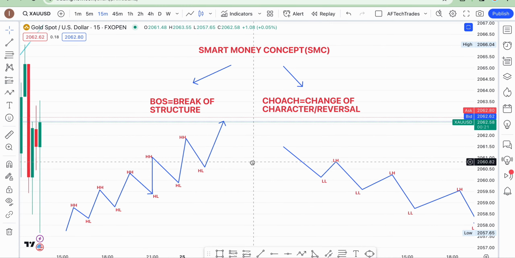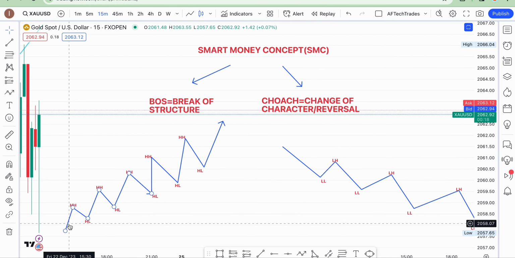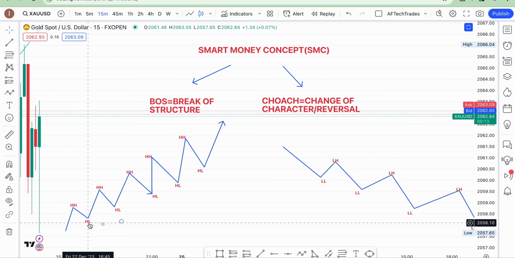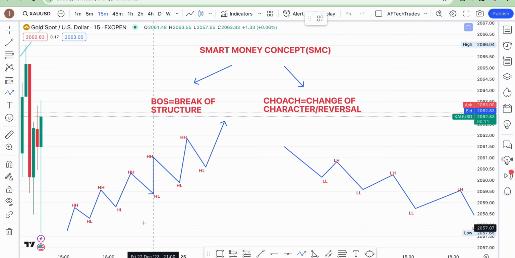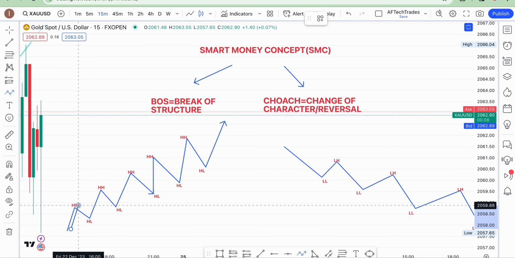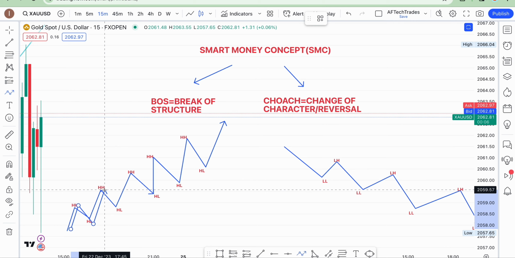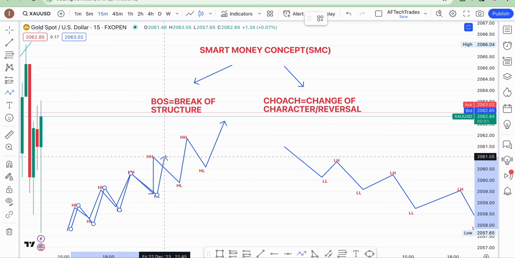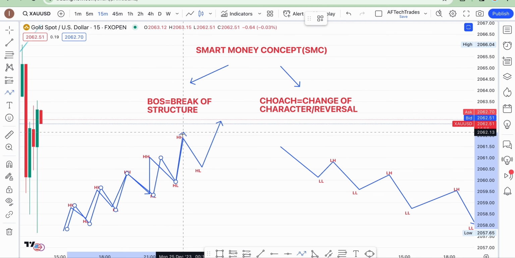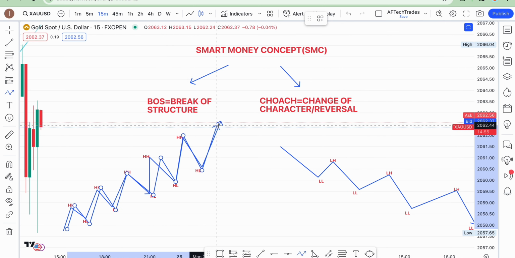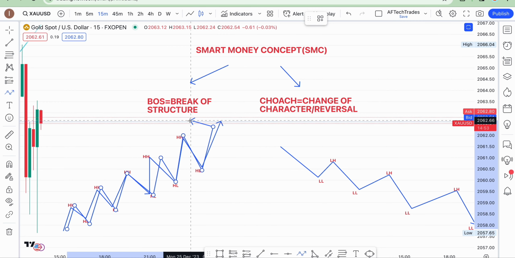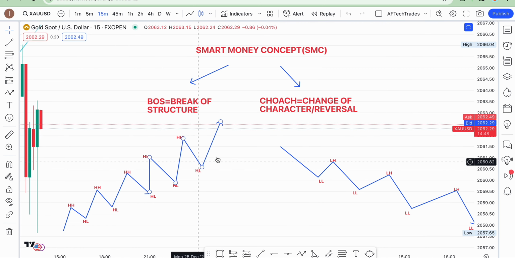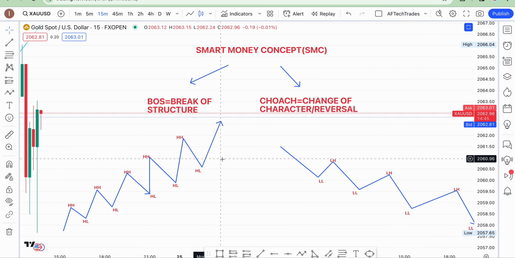Let's say in our uptrend, which you can see here, it is forming a higher high and a higher low, right? You can see it here already. I pull it out. This is forming higher high and higher low, higher high, higher low, continuously, right? So now, how do we know that there's a break of structure in this situation of an uptrend?